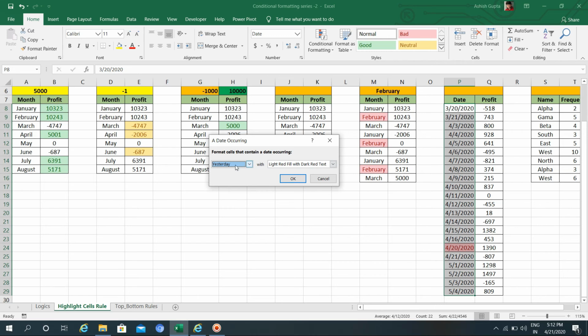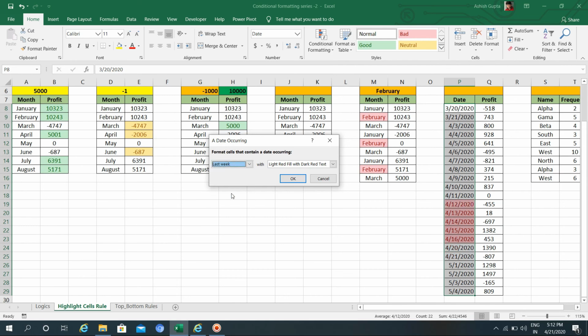If I want to highlight today's date, then I will use today. If I want to highlight tomorrow's date, which will be 22nd April 2020, but this date is not in this cell, so it will not show in color. If I use last 7 days, it will show you the last 7 days. Now we'll use a different one.